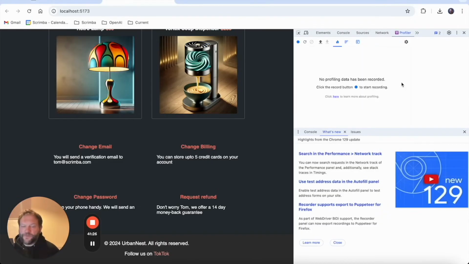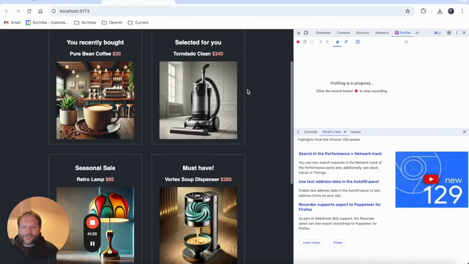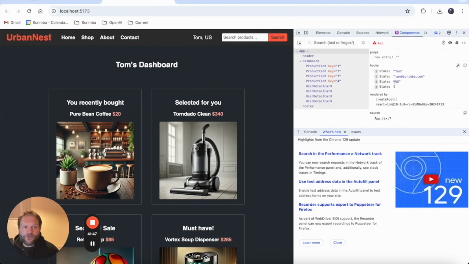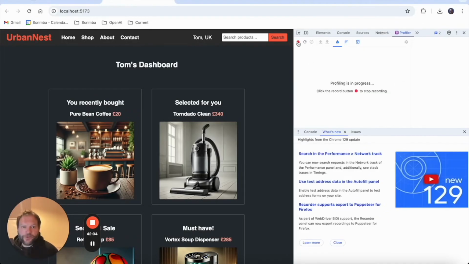Now we had another option in here, which was this one, Profiler. And this is quite an advanced one, and you're probably not going to use this anytime soon, but I want to show you quickly and just explain a bit about what it does. What happens is that we can click the blue button to record, and now we can interact with the app. And so because this is basically a static site at the moment, I'm just going to flip back to the components, and then let's make some changes. Let's put the age back to 30 and the country back to UK.